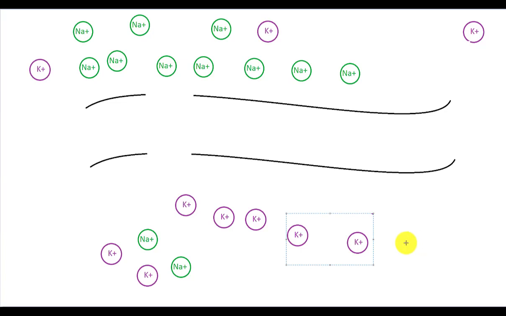But are we doing something else? Think of the sources of potential energy that we talked about. Is it just the electrical charge difference? No. Think about the first source of potential energy we talked about, the concentration gradient. What's happening to the concentration of sodium outside the cell compared to inside? Well, we're getting an area of high concentration of sodium outside the cell, an area of low concentration inside the cell,